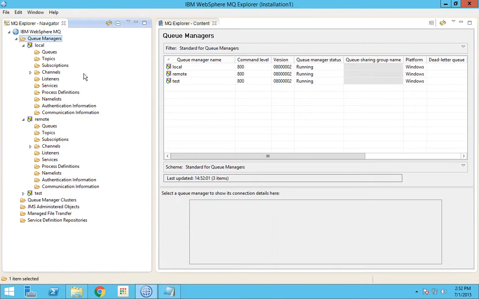So I have opened my MQ Explorer. To know about a remote queue: a remote queue is not actually a physical queue, it's just a virtual queue. Suppose you have two applications and you want to transfer messages from one application to the other.